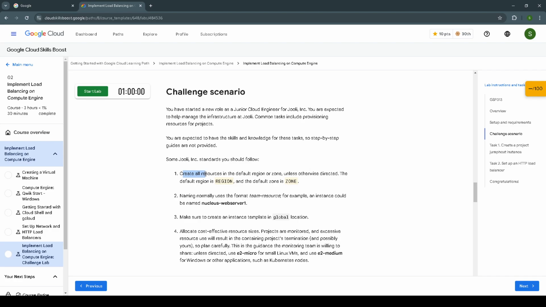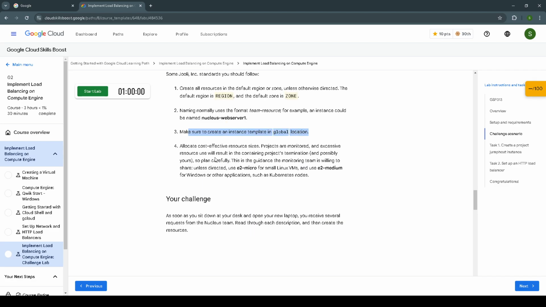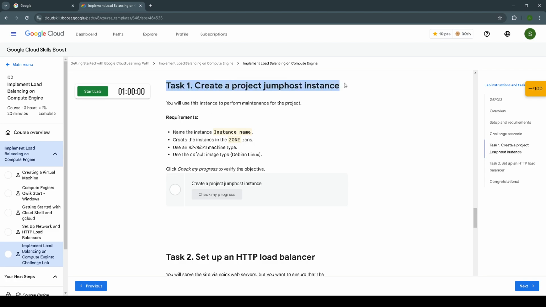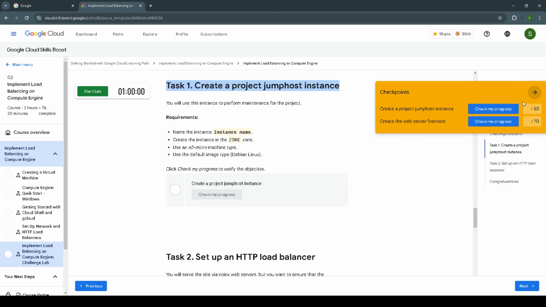What we need is to create resources in some region and zone, which appears when we start the lab, and naming the team resource, nucleus, and here is an example. Make sure that you create an instance template in the location and allocate sizes, and here is a separate task which we need to